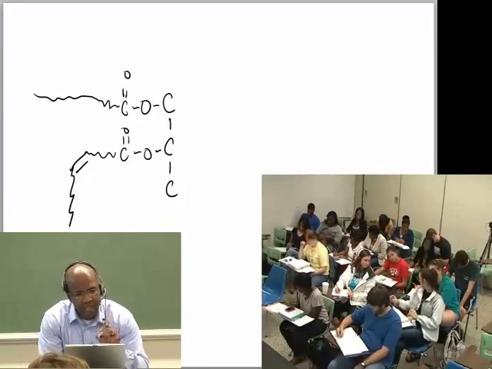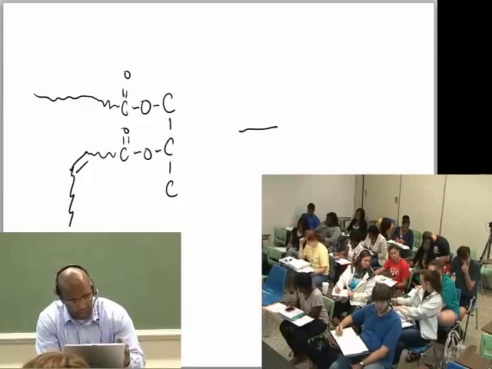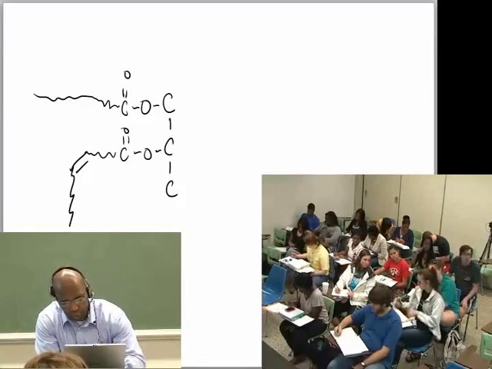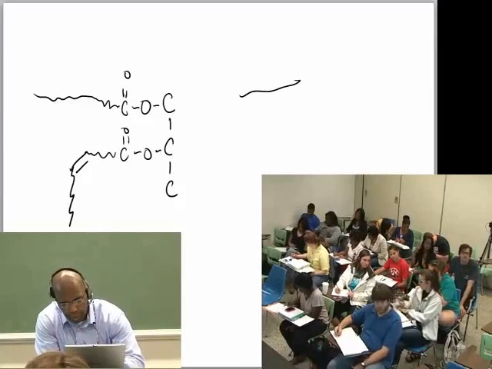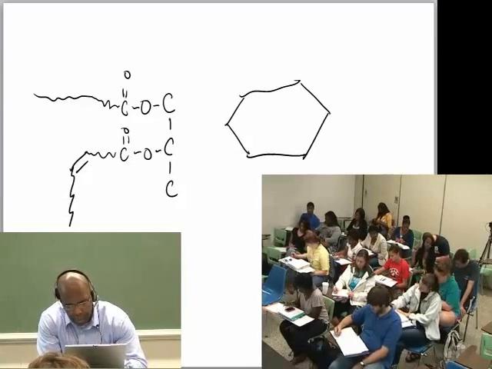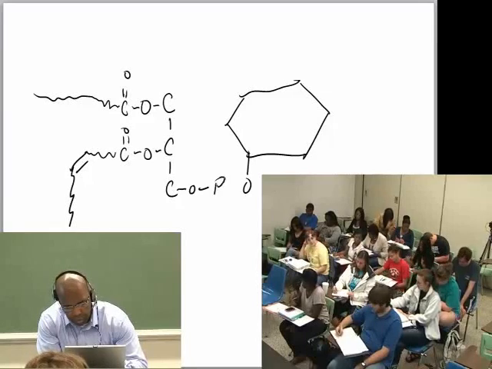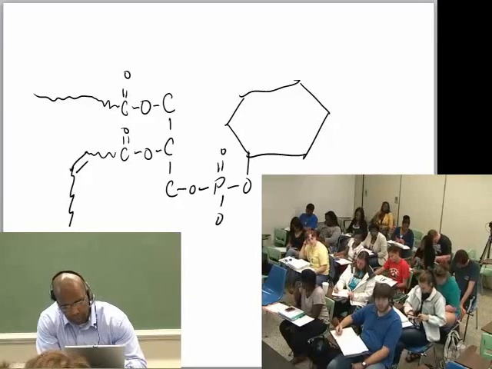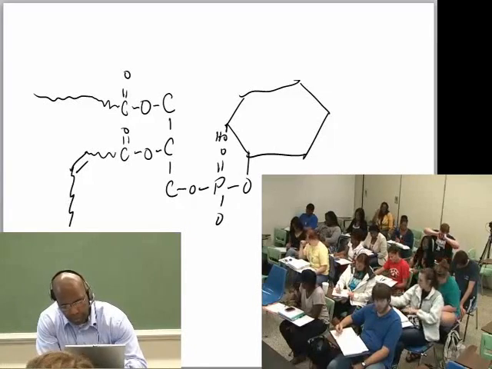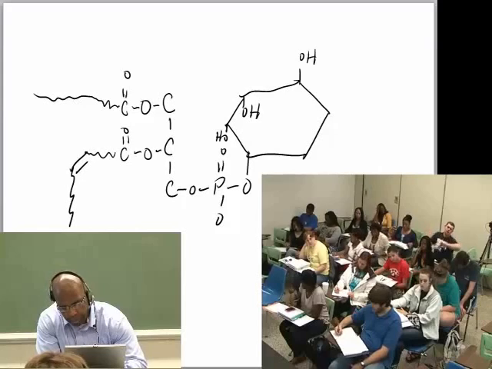phosphatidylinositol 4,5-bisphosphate, and so that's going to be our phospholipid of choice, or our head group. So we're going to draw inositol. So remember, on inositol, 3 of them go down. The 3 on the left go down. O, P. So all 3 of these go down. And on the right, everything goes up. Except for